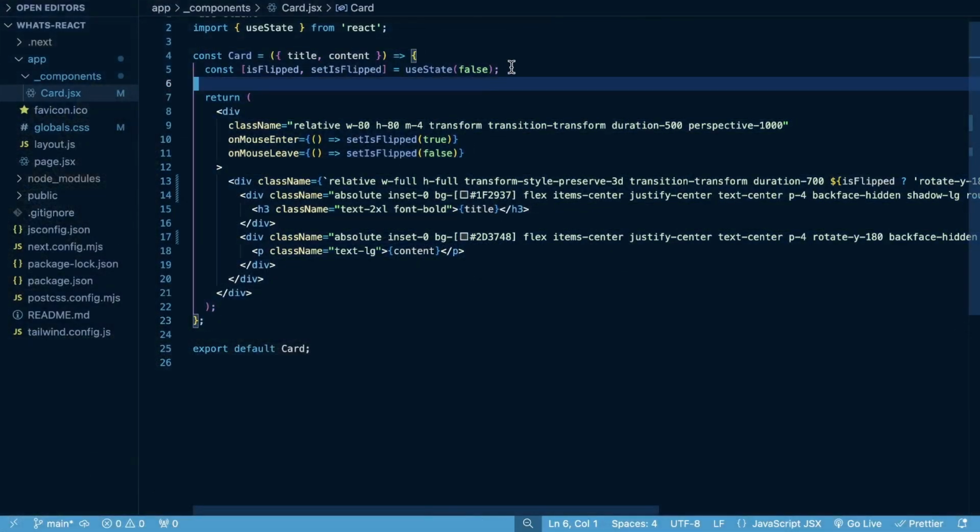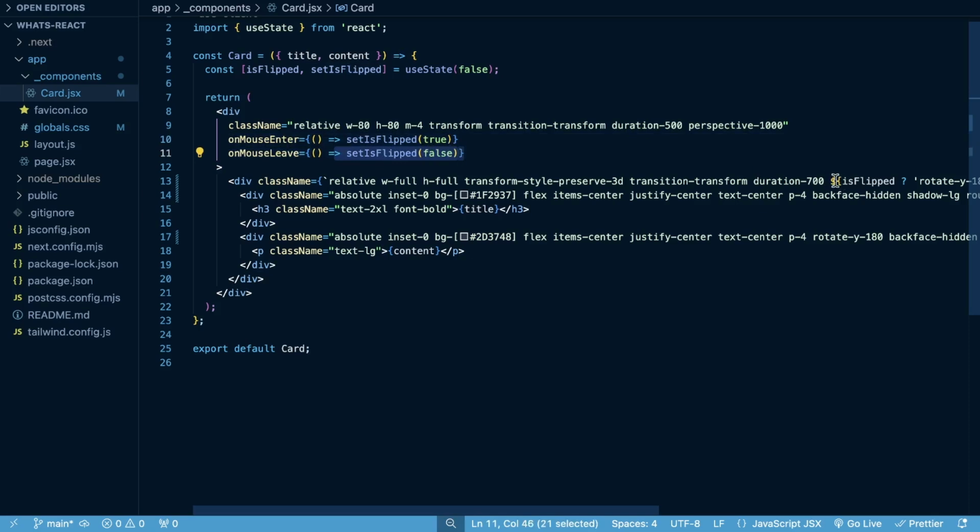Here you can see I'm using something called useState from the React library, and then I'm just managing whether the card is flipped or it's not flipped. So if they hover on it, on mouse enter, I want to set the card is flipped to true. But when they leave the card, I want to set is flipped to false.